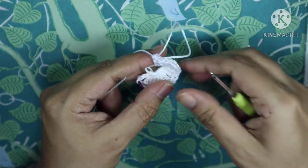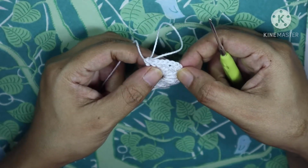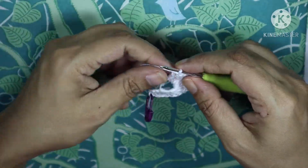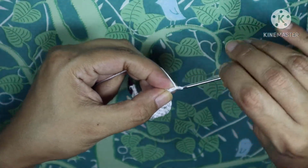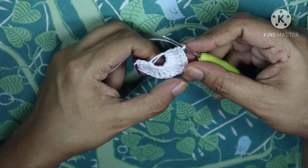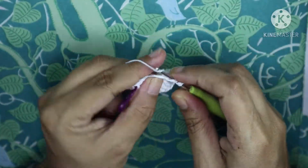Here you will notice that I have done a corner at the beginning, then this one, then this one. So I have already done 3 corners. Now I'm going to do one more chain to make the last corner. Chain 4 at the starting counts as a treble crochet, so we are going to do 4 more treble crochet